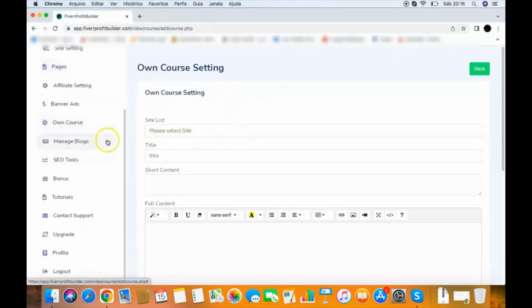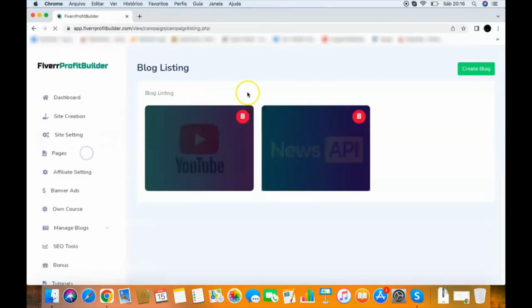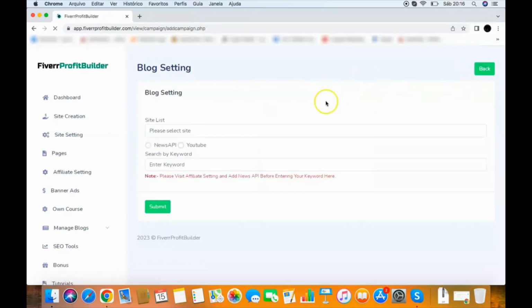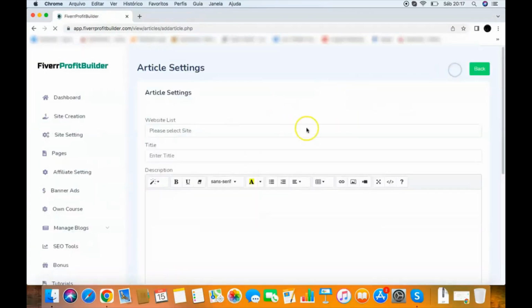And also you have the manage blogs here, where you can create your blog, and it will create a blog that is attached to your Fiverr site, so it will generate traffic for you. All you need to do is click create blog, select the site you want to create a blog for. You can create a blog from YouTube or News API with just one keyword. And also you can add new articles if you want. You go to the article section here, create your own article, and you can add new articles for your